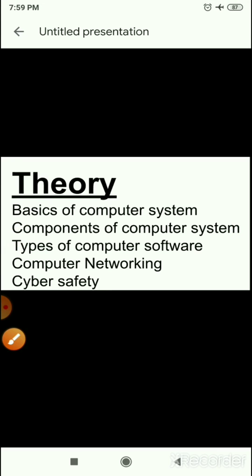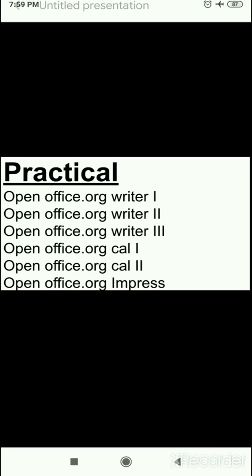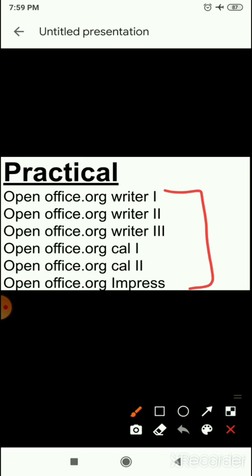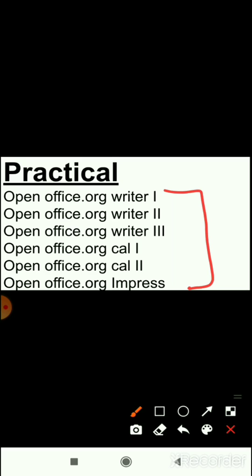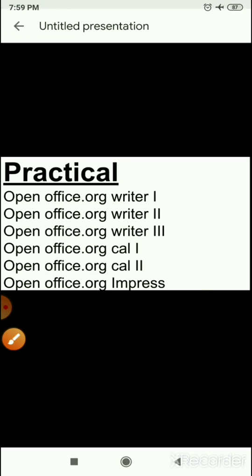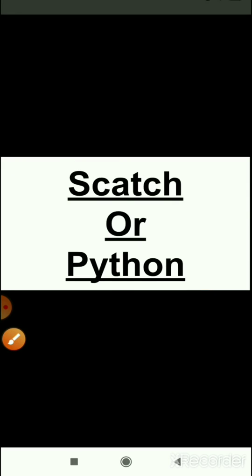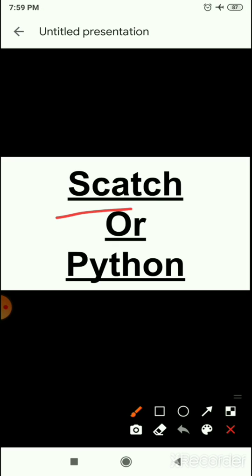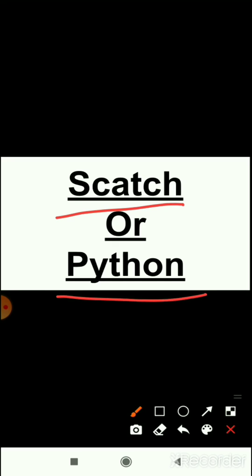In the practical portion of our syllabus, we have Open Office tools that we will also do. And in the last we have 2 chapters, Scratch and Python.